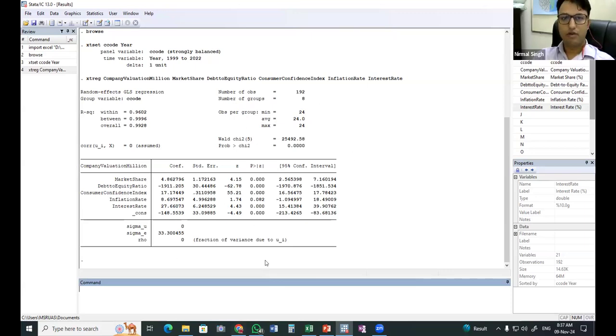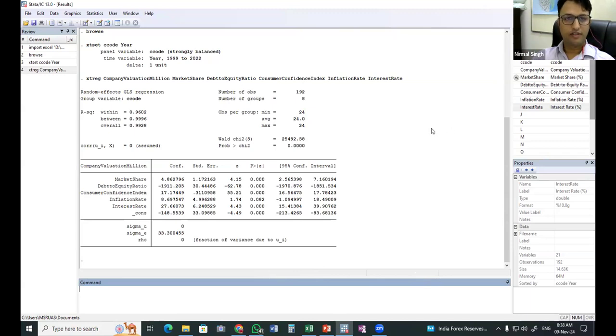So this was the simple model. Although, if we have some data issues, as I was discussing, such as endogeneity issues, then there are other models we can rely on for panel data, like system GMM and others. That is not the concern of today's discussion, but they can be used if our data is having certain issues.